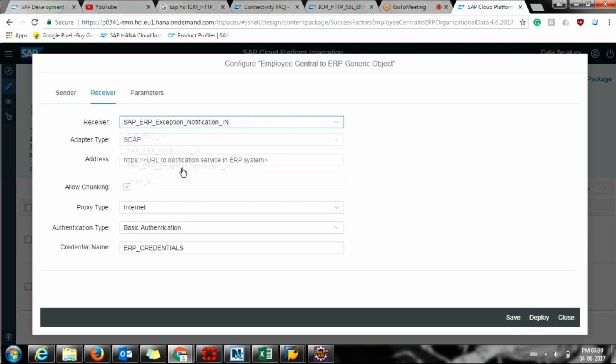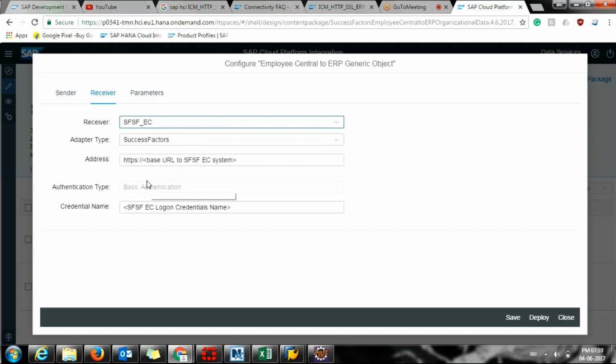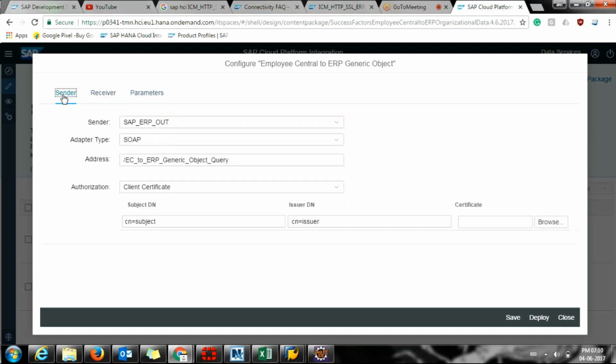And your SuccessFactors SFSF integration. SFSF is nothing but your SuccessFactors system. So this is what we do in the pre-packaged content direct deployment. This is directly deploying the configuration. We are not concerned with what is going on in the backend, how the interface will work, where exactly the data will go,